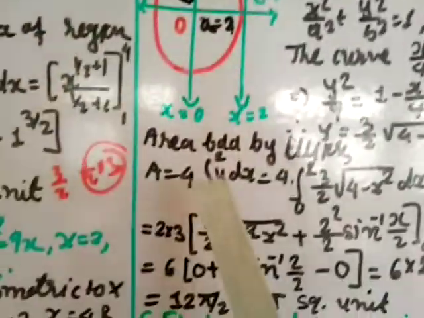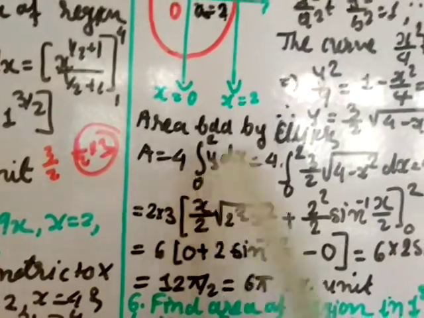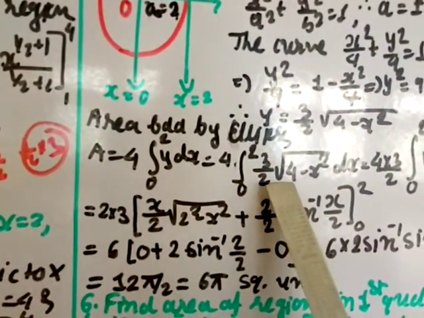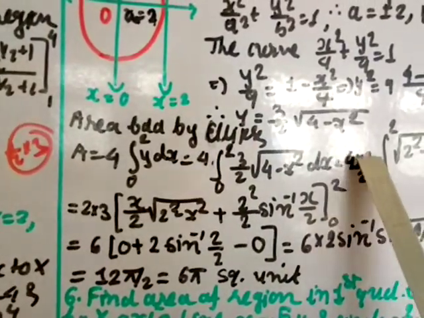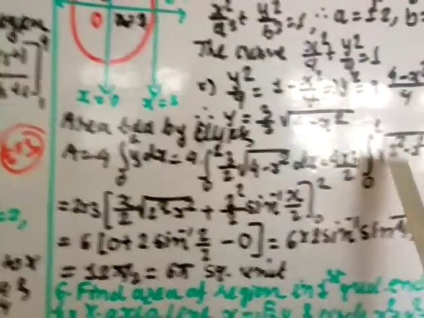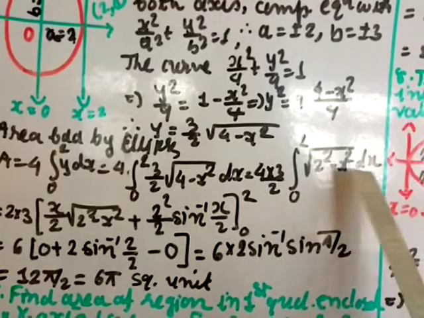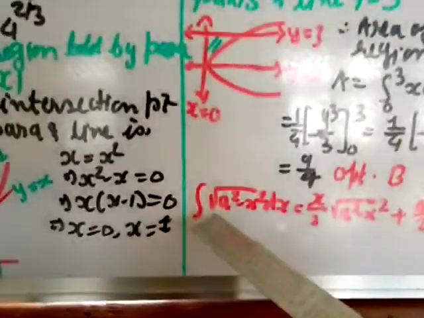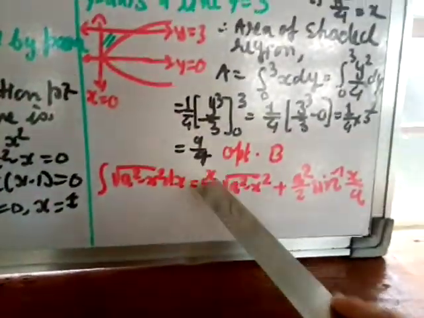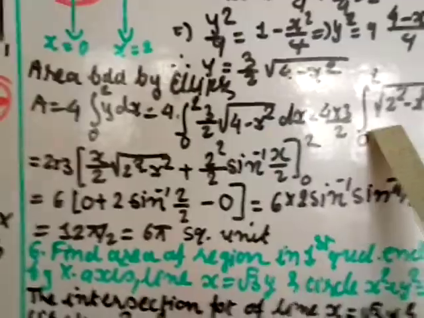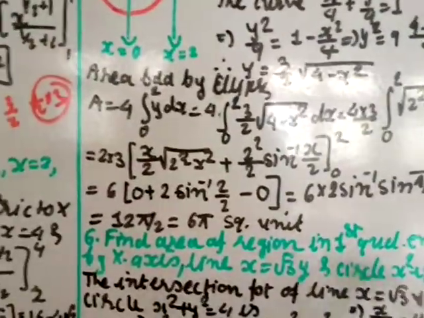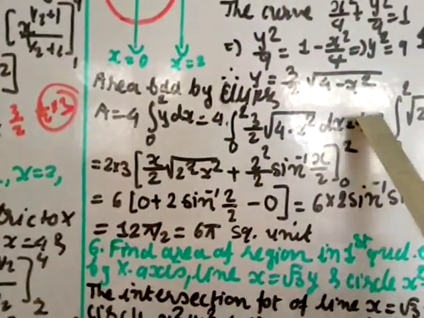Integral 0 to 2 y dx. Instead of y, put this value, 3 by 2 square root of 4 minus x square dx. Okay, 3 by 2 I am taking out, and 4 into 3 by 2. And this 4 is 2 square. You can write integral 0 to 2 square root of 2 square minus x square dx. Again, same form, a square minus x square form. So x by 2 square root of a square minus x square plus a square by 2 sin inverse x by a. Instead of a, here it is 2. That is the change, and x remains the x. So 2 cut by 2, so here remains 3 and 2.